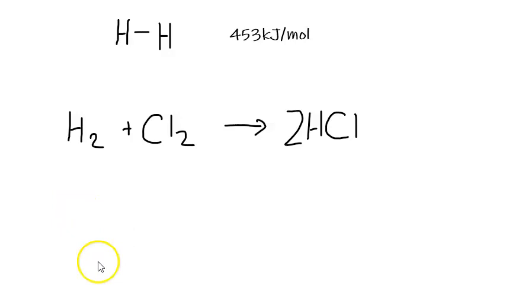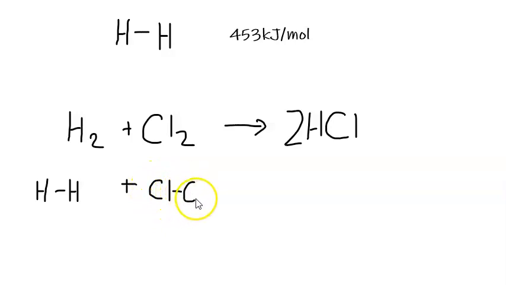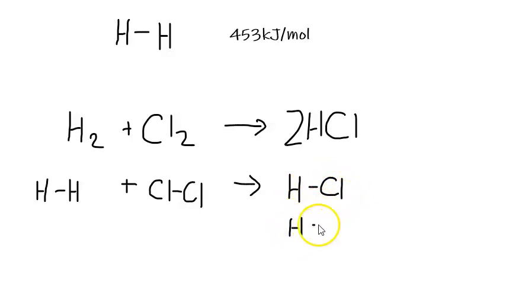So what we need to do is draw out the Lewis diagram. We've already done the hydrogen Lewis diagram, but we'll just do that again. So we've got one hydrogen molecule, plus Cl to Cl, so we're effectively just drawing out this chemical equation again, but with Lewis diagrams instead of chemical formulas. I'm not going to worry about the valence electrons. And that goes into 2 molecules of hydrogen chloride. I'm going to draw both hydrogen chloride molecules to make counting up the number of bonds easier. So we can count up how many of each bond there are,